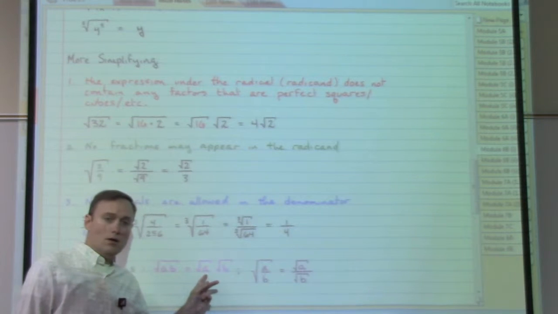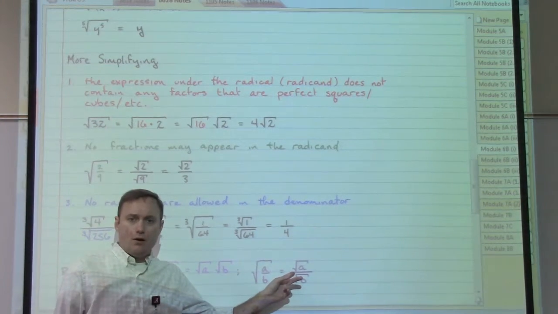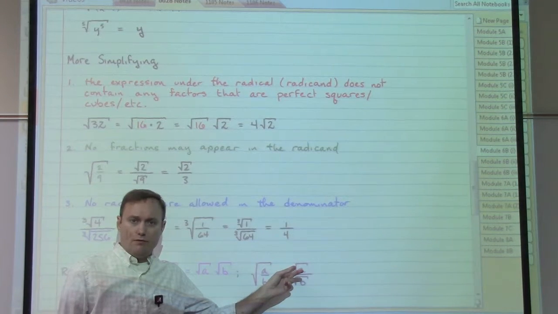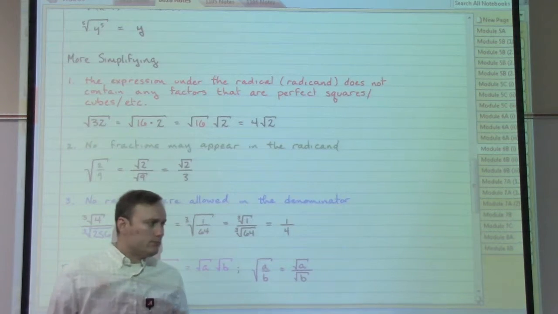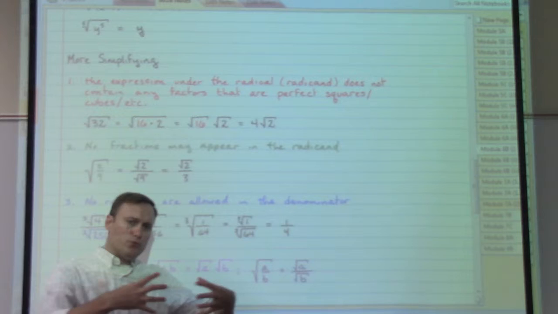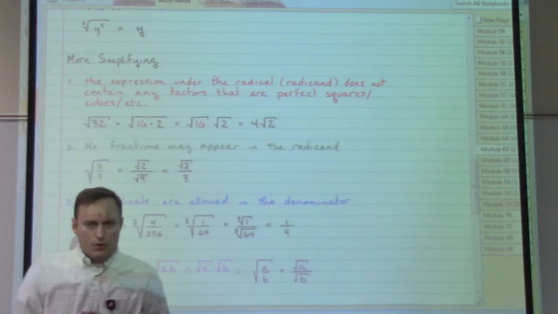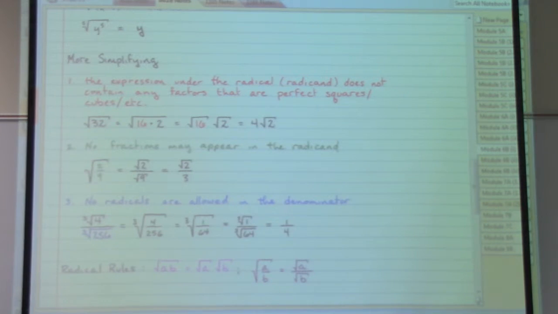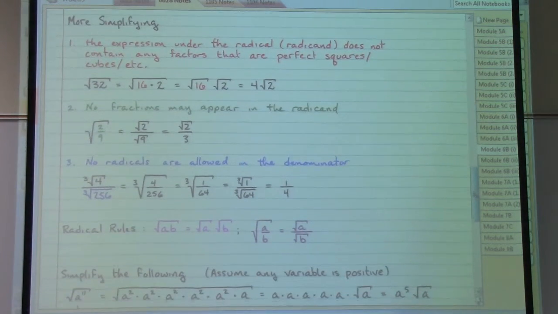for instance, breaking things apart using factoring, or breaking things apart based on doing the square root of the numerator and the square root of the denominator separately. We get those bite-sized pieces taken care of, and these rules also allow us to recombine any sort of remaining square roots back together so that we can have a clean-looking answer. So we want to keep these in mind as we begin to look at a few examples of some more